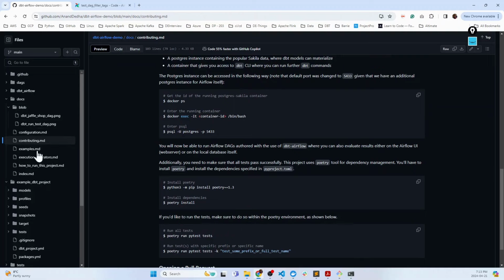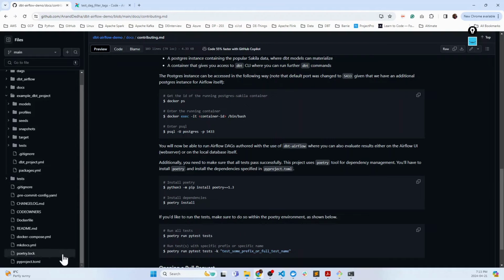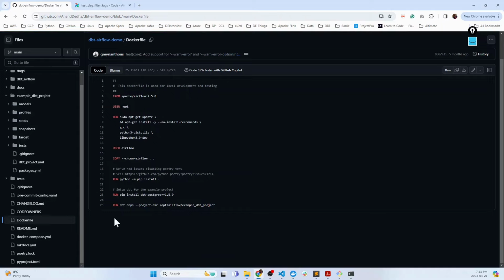Another thing: in this project we are using dbt postgres, but if you want to use something else, it's not going to be very complex. Only a few things need to change. For example, if you want to use dbt BigQuery, we go to the Dockerfile. This is the first thing we need to change. We need to update the Dockerfile with dbt BigQuery, and the next thing we need to do is update the